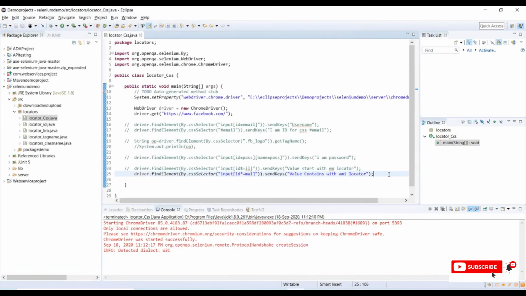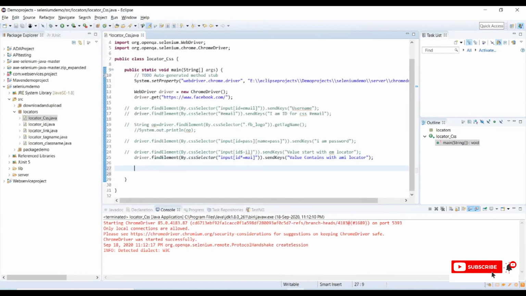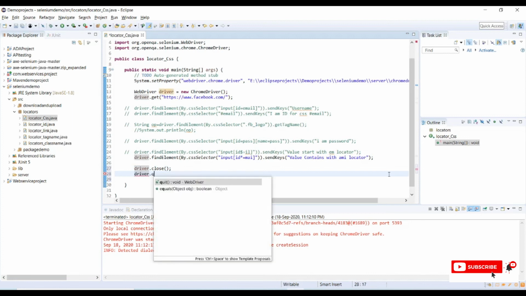And I will provide you one good tip. Every time we are launching a browser and closing it manually, so we have two different codes that can close the browser instantly. So one is driver.close, which refers to the current window. It will not quit the entire browser, but it closes the current window. And we have driver.quit.